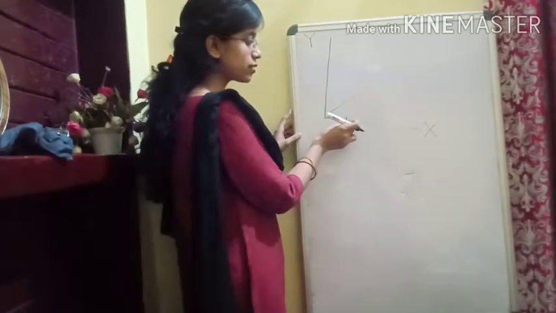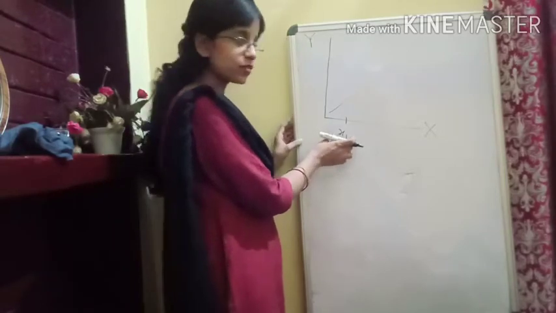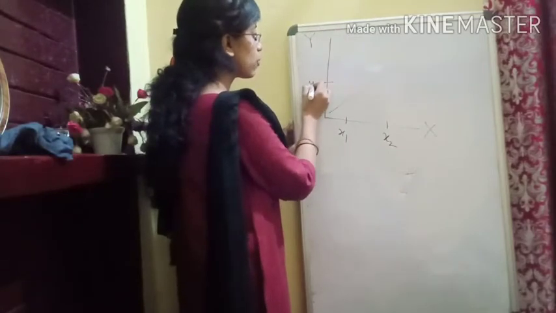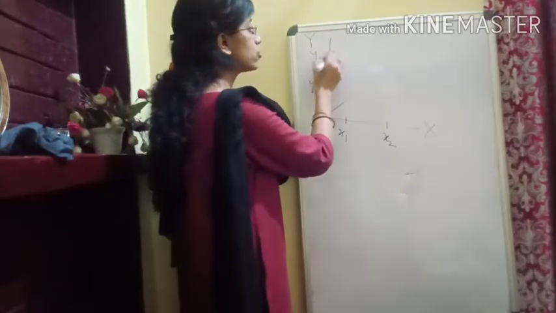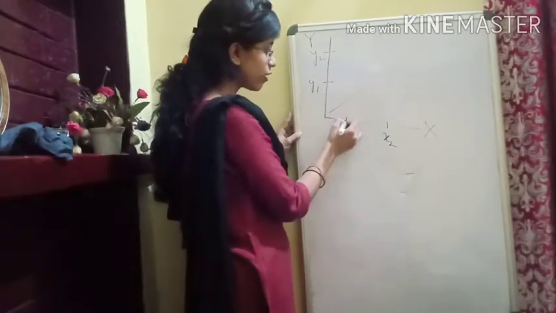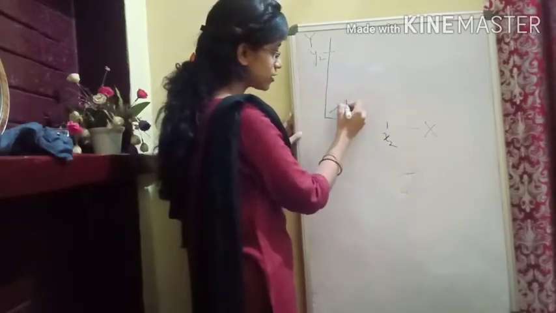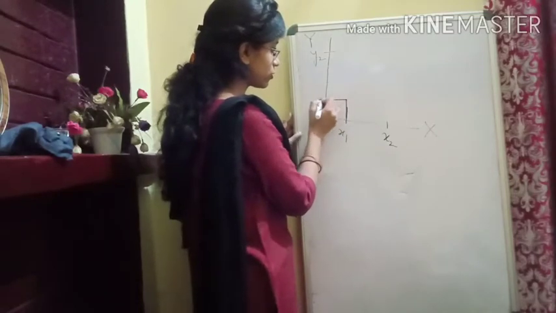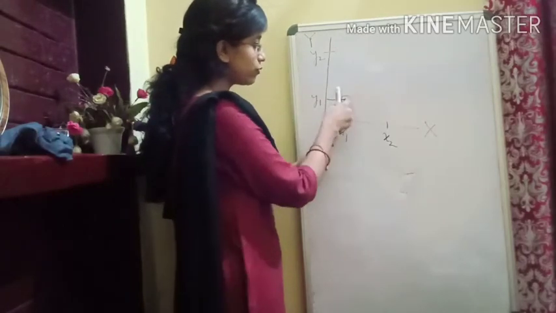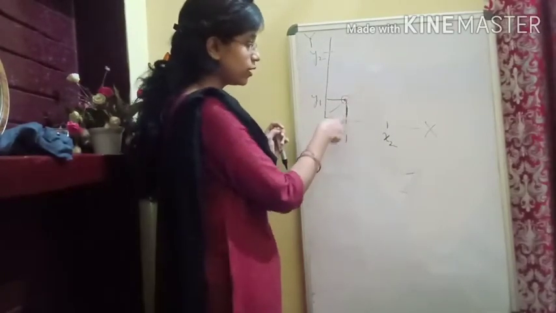Now, first point, let us say some point is here. It could be 2, 4, 5, 6, so let's call it a general point. Let's say it is x1. We are taking another point x2. On the y-axis let's take one point y1, another point y2. Now you see, for x1 the value of y is y1. Actually I have drawn it wrong. Let's say this is the value x1 and this is y1. This is the point where x is x1 and y is y1. I hope you all are aware how to read a graph. Here it is x1 and here it is y1.